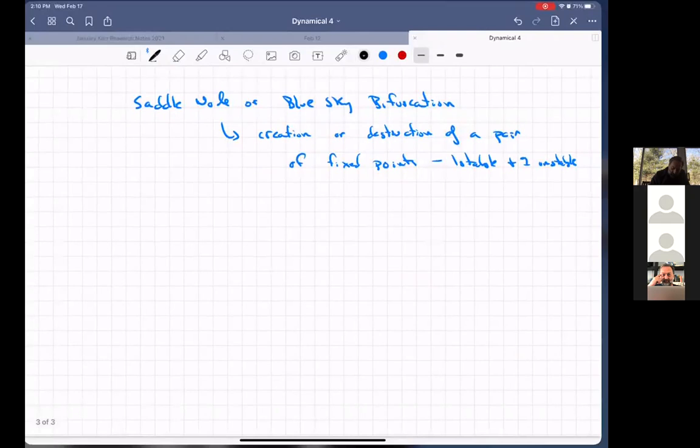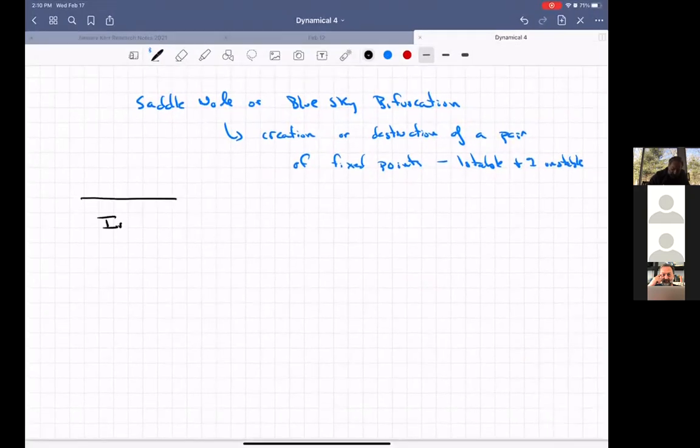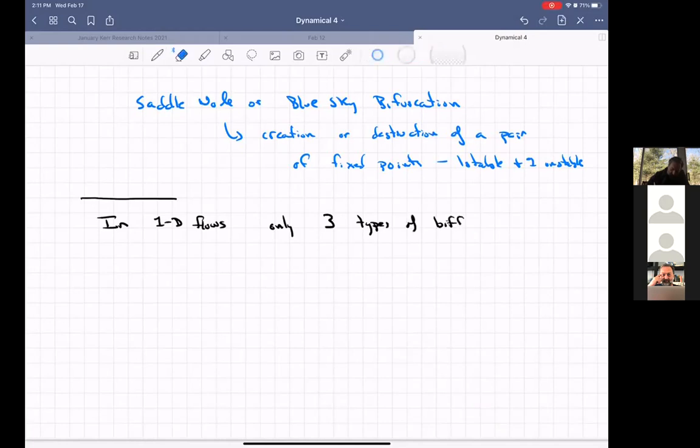Good to hear. Okay, so now one of the things that's interesting is in 1D flows, there's only 3 types of bifurcations that are possible. There's only 3 ways that the flow can change. So the first one, x dot is, say, r minus x squared, right? This is our saddle node